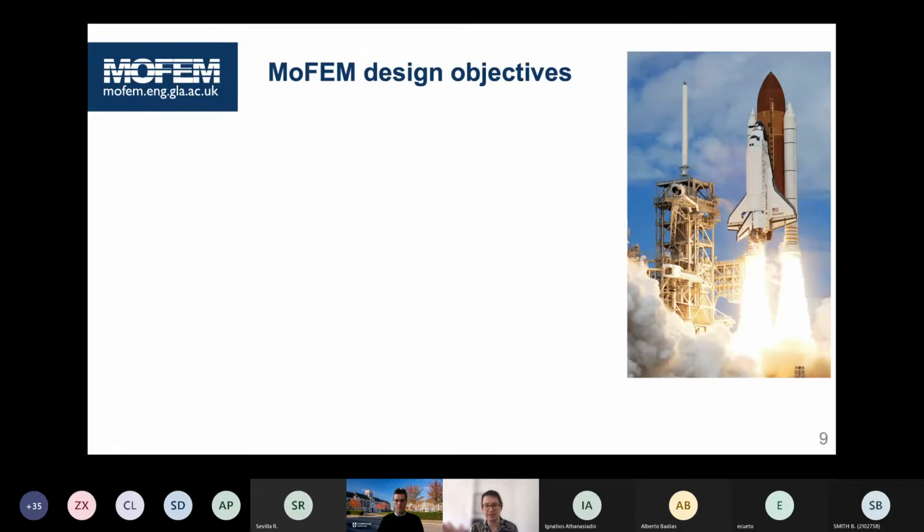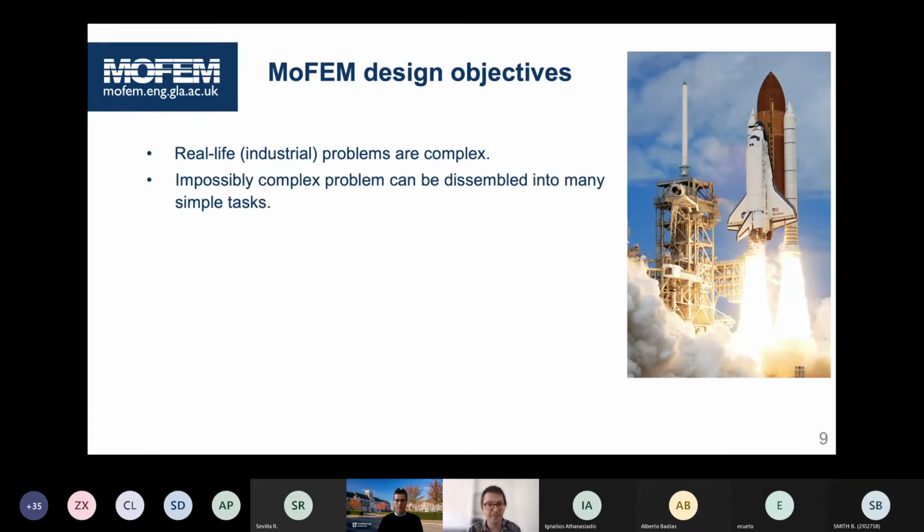Okay, so what is the special thing about the MoFEM design? It's that we appreciate the fact that real-life industrial problems are complex, like a space shuttle. So we have to find a way to take any complex problem and decompose it into many simple tasks, and each part can be tested independently. It can be tested by various people, written by a PhD student, postdoc, or whatever, and then